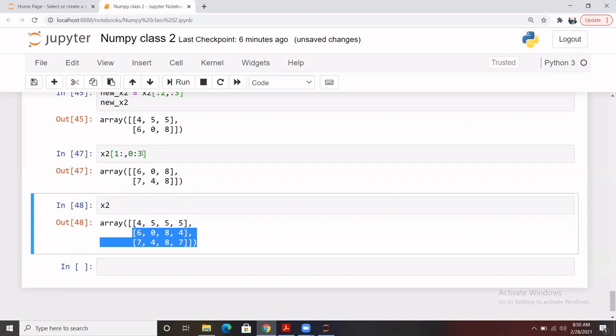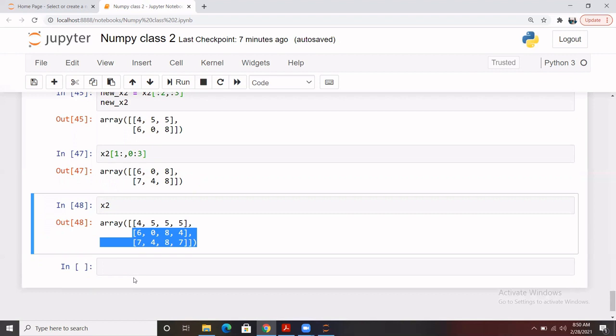And then for the columns we have mentioned 0 till 3, so 0, 1, 2, 3, where 3 is excluded, so it will go till this part. So 6, 0, 8, 7, 4, 8, here it is. And you can apply some more first and last ranges, and you can make some modifications as well. So here it is for two dimensional slicing. For indexing of a two dimensional array, we always need to remember to separate the row and column parts with a comma.